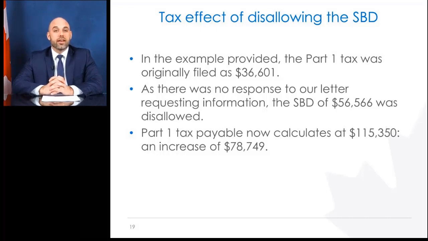Certain conditions related to the SBD determine the balance due date for Canadian-controlled private corporations, CCPCs. If the SBD was not claimed in the current or previous tax year, the balance due date is 2 months after their tax year end. However, the balance due date could be 3 months after their tax year end if SBD was claimed. A disallowed SBD means it was not claimed, and the balance due date could change from 3 months to 2 months after the tax year end. If this balance due date changes, it may cause an increase in interest on amounts owing.